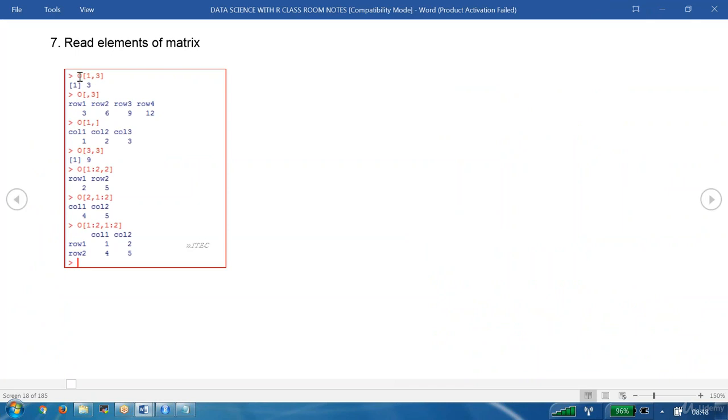Here the matrix name I have given as O. O[, 3] means what? Just written the comma, and on the left side nothing you specified. Nothing specified means the entire row, complete rows, all the rows with respect to the third column. This is the first row, with all columns. Like that we have it. So all the examples are covered here.